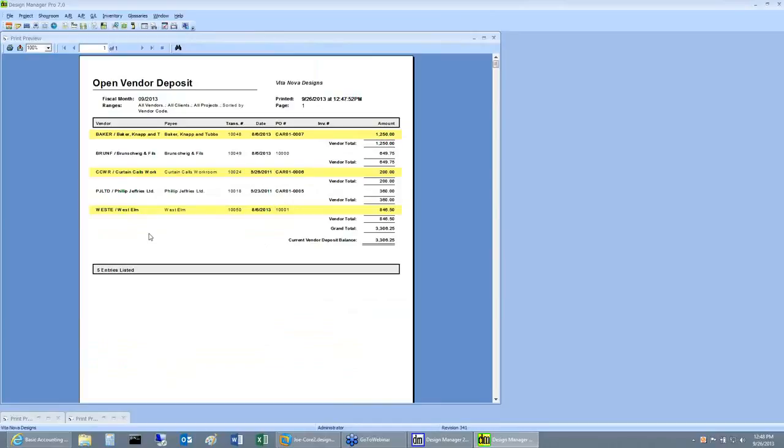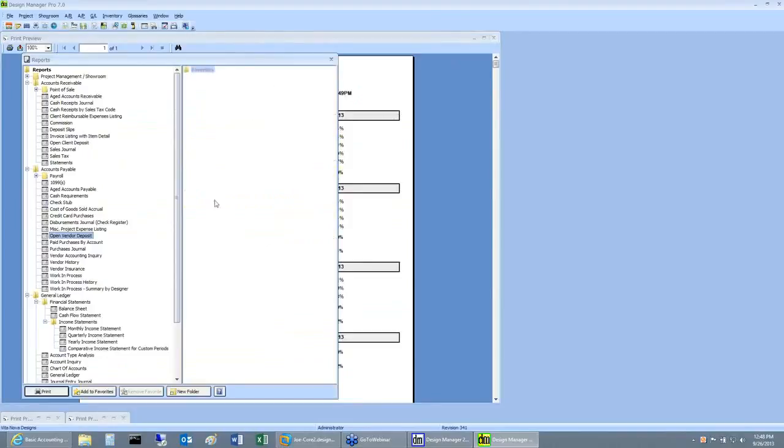That vendor invoice would be zero balance. If this was 100% deposit for whatever we bought from this company, I'd put a vendor invoice through. The cost would be $12.50 for this chair we bought, and then it would say less $12.50 deposit because I paid 100% of it, and then the balance would be zero. And what that'll do is just wash it out of your vendor deposit report. So vendor deposits are important to run every month,